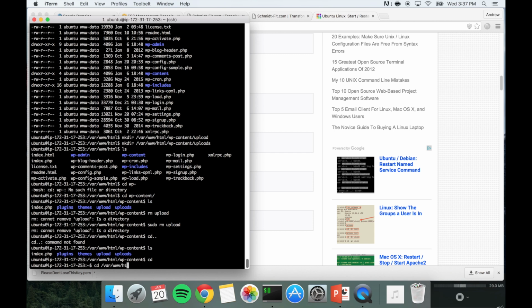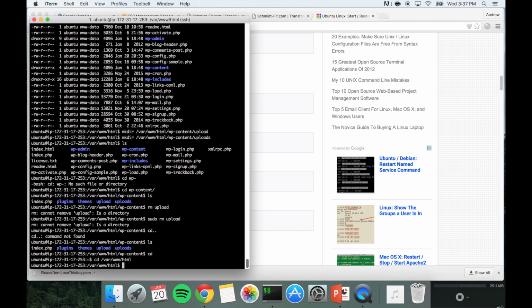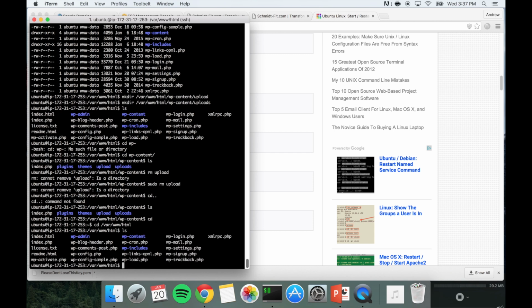Anyways, so what we're going to do is go back to the web server, and then from there we have to change the ownership of that folder we just made to the same person that we used before. So we need to go through and change the owners to the web server. So we're going to do sudo chown